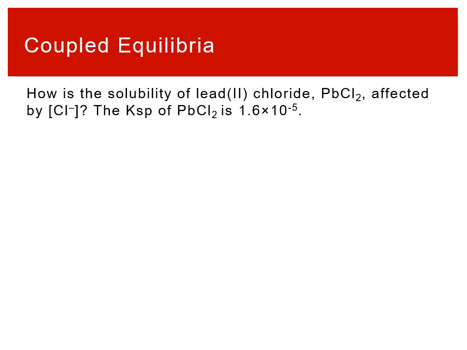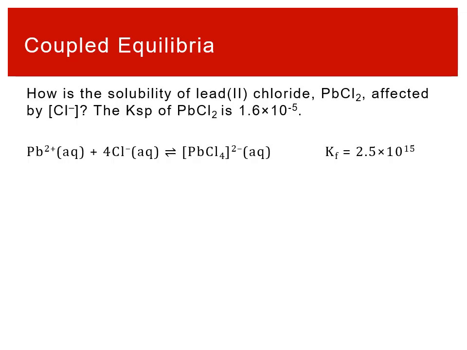So let's look at one implication for solubility. Take lead-2 chloride. How is the solubility of lead-2 chloride affected by a concentration of chloride? KSP of lead-2 chloride is 1.6 times 10 to the negative 5th. So now we have lead-2 in our solution. And this is a main group cation. It's not in the transition metals, but it's main group. It still is a good Lewis acid. And so it can interact with chlorides to form an ion that's PbCl4 2 minus. So this is an adduct, a metal complex ion in solution, and Kf for this is 2.5 times 10 to